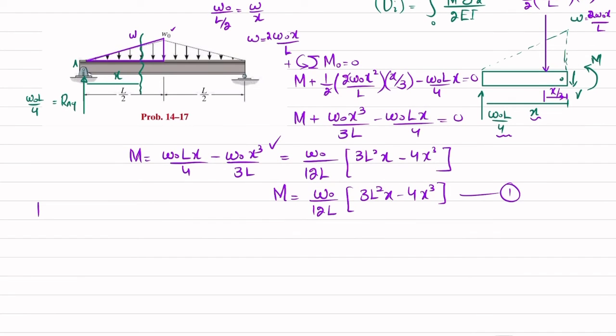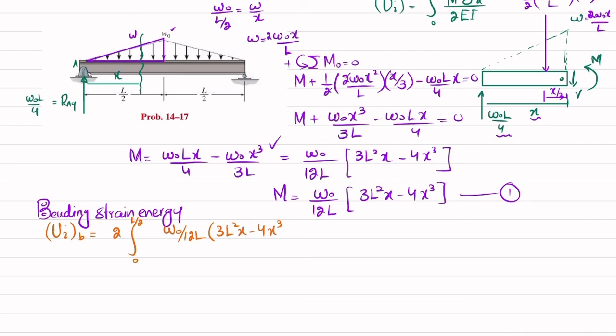Now we'll apply the bending strain energy. So the bending strain energy U_i bending will be equal to, you can see we have two portions, one is for this, another one is for this. So I will write 2 times integral of 0 to L by 2, each segment is L by 2, into M square. M square is this one. So I will write W naught over 12L multiplied by 3L square x minus 4x cube whole square into dx